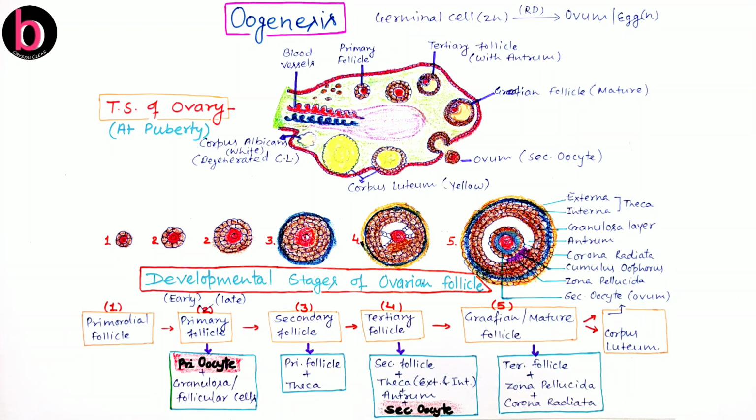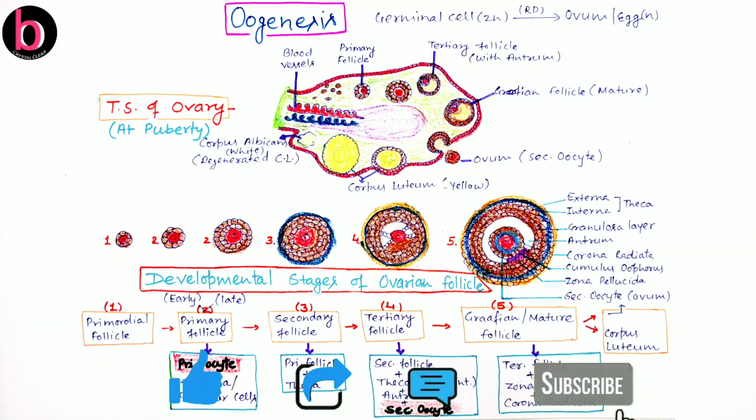As we already discussed, oogenesis starts in the female in the embryonic condition and is completed at the time of puberty. In females, puberty starts at 10 to 14 years of age. Until then there is a continuous growth phase, and a number of events are related to that growth phase. We will discuss the same here in the lecture.